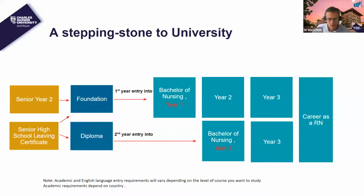So our international college can help you in two ways. The first way is that perhaps you haven't finished your high school yet, but you're keen to come over to Australia and get started in an English language program and do the equivalent of your final year at high school with us through our foundation year. So if you complete the foundation year,